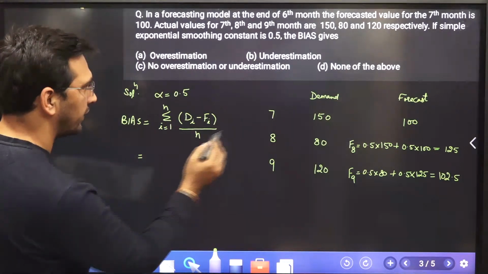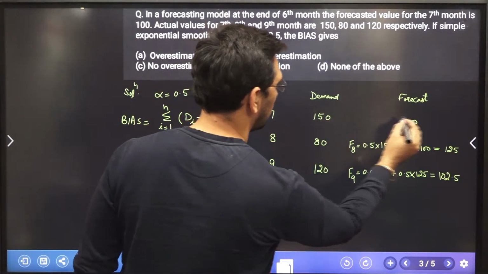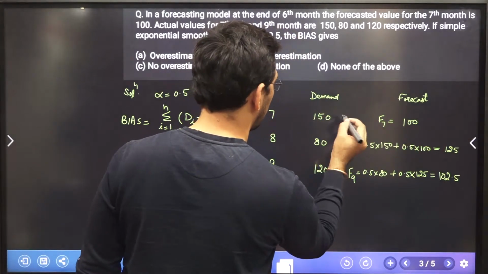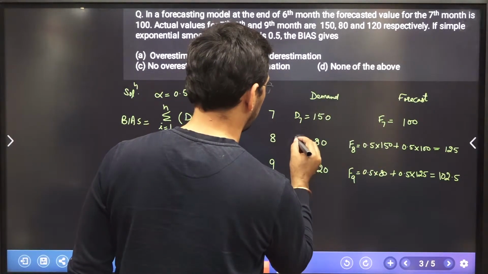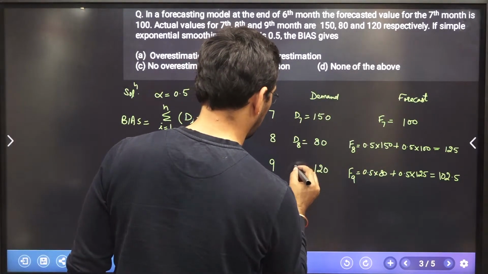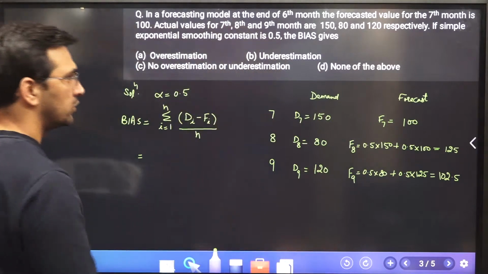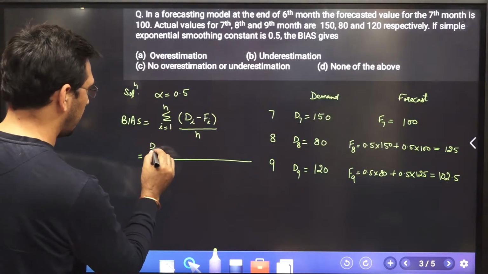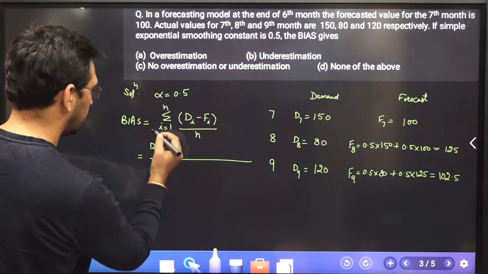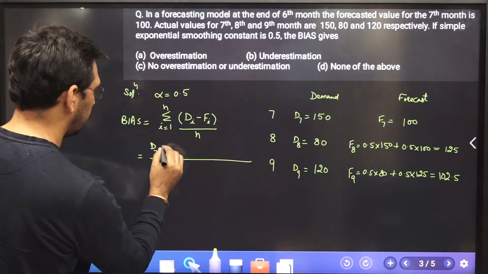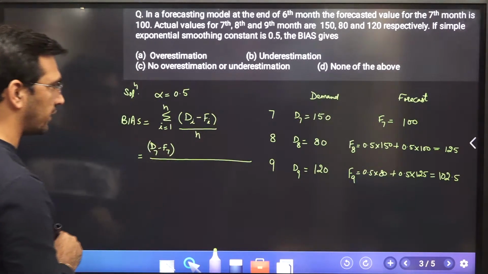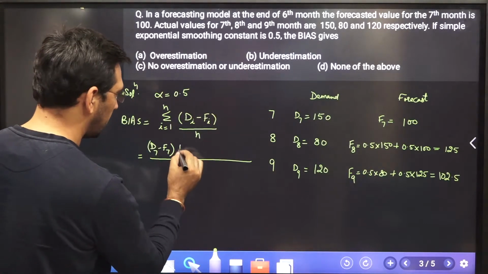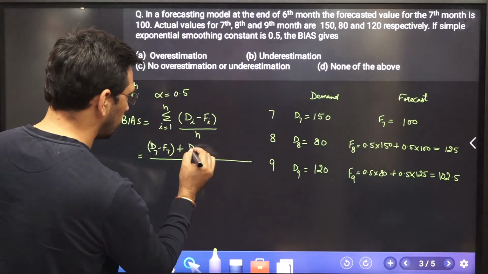In expanded form, I can write this. So let us say this is the forecast for the 7th period, and this is the demand for the 7th period, the demand for the 8th period, the demand for the 9th period. Simply take the difference and add them. Nothing special in it. So D7, demand minus forecast: demand for the 7th period minus forecast becomes a forecast error. I don't have to take the mode or the square, simply the difference, and add them up. Plus demand for the 8th